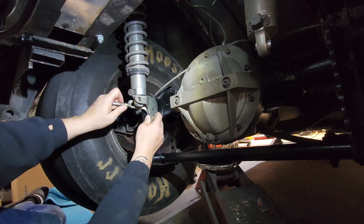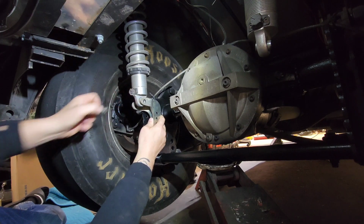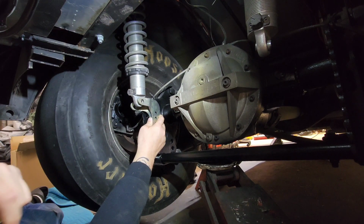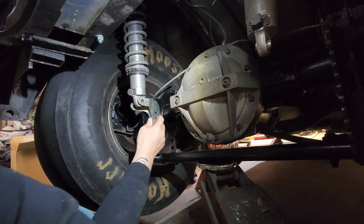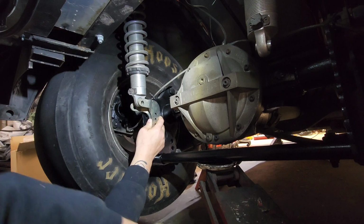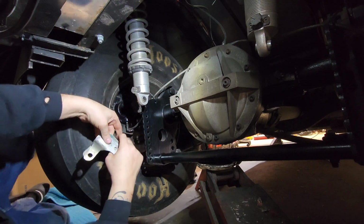And this goes on the outside. It fills in the gap in between these two here. So it's kind of hard to do one-handed. I know I see a lot of guys on YouTube always do that. But anyway, that should raise it up because I had it where I had it,